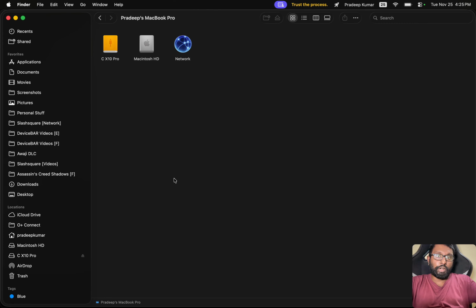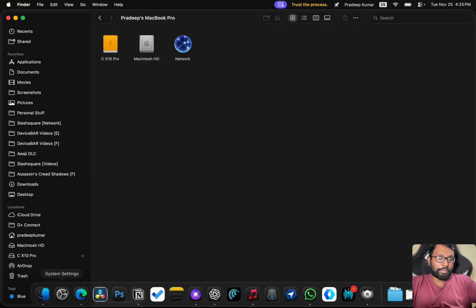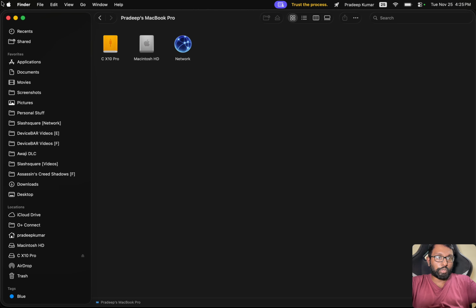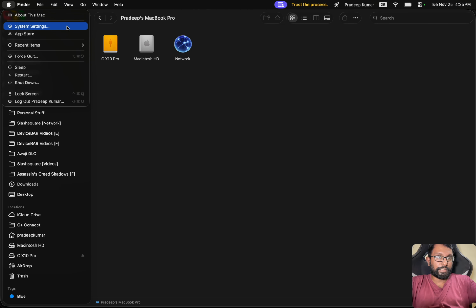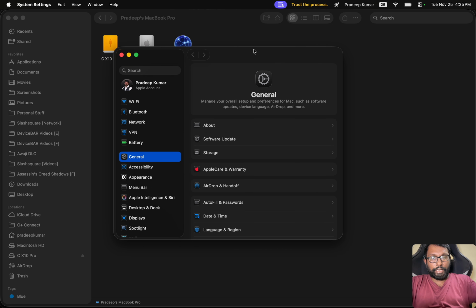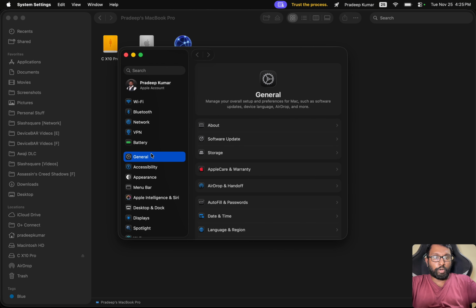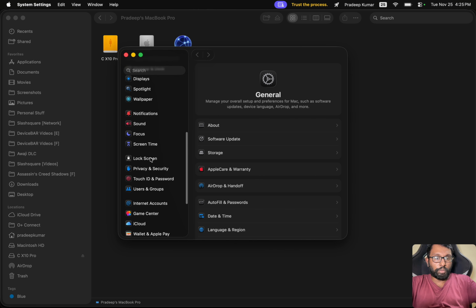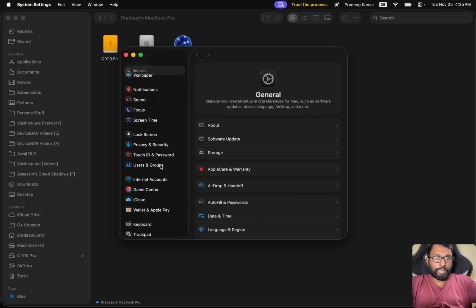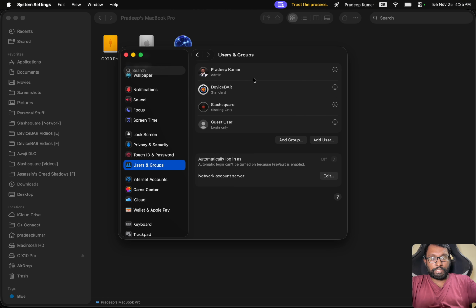To do this on our Apple macOS device, let it be MacBook, Mac Mini, etc., we have to go to the system settings option. We can select this icon, or we can go to the Apple logo here and then go to system settings. We will get a pop-up like this. Here on the left side, we have to go to users and groups, select that, and we will get this